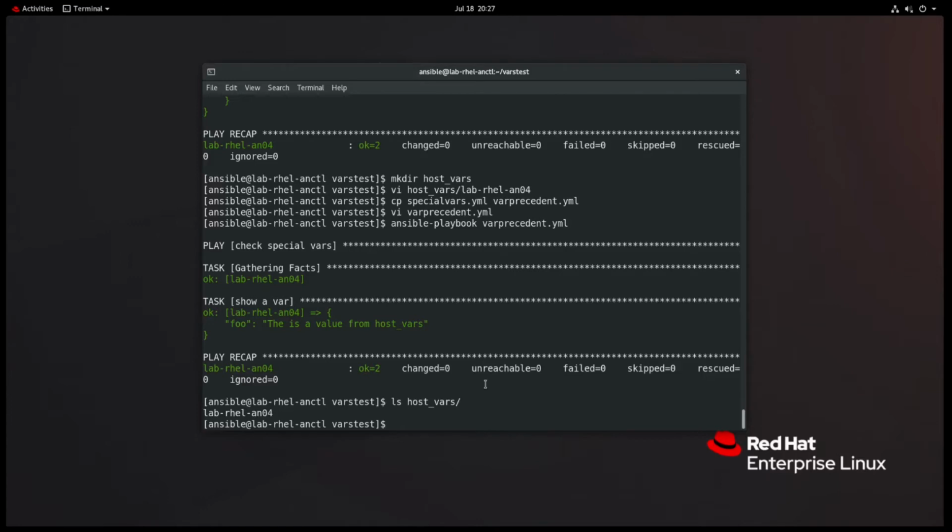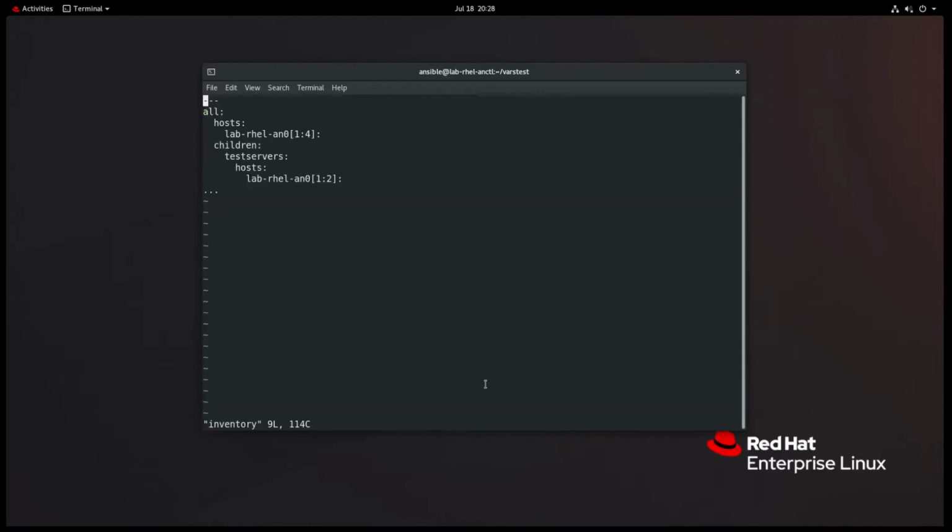Anyway, so we defined that in host_vars, and we have this is the value from host_vars. So let's say that we had a conflict. Let's make group_vars. Actually, I think I'm going to go into my inventory. I think I put different things in the inventory. I wasn't thinking this through very much. Yeah, I put 01 and 02 in my little test servers. So let's change this to